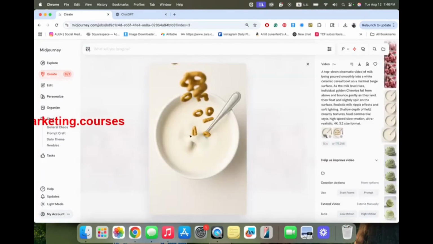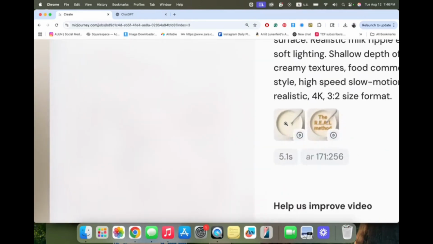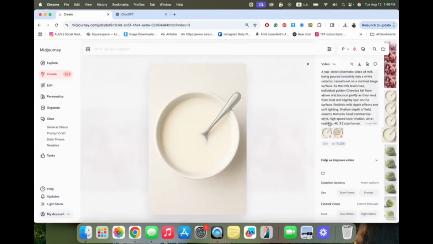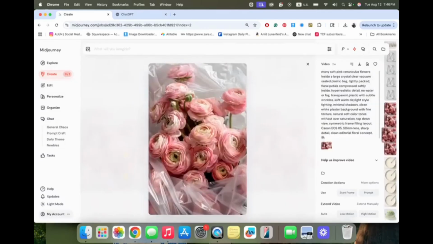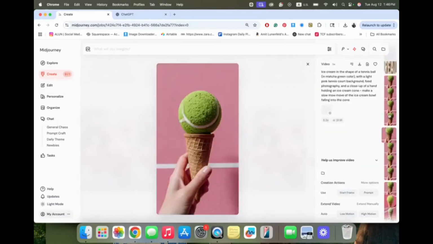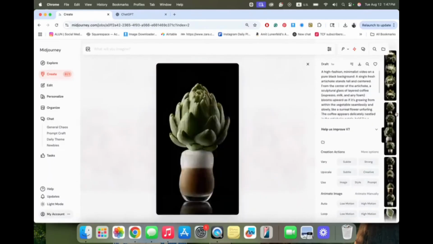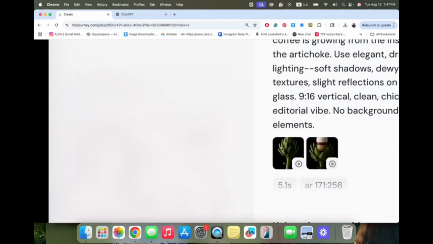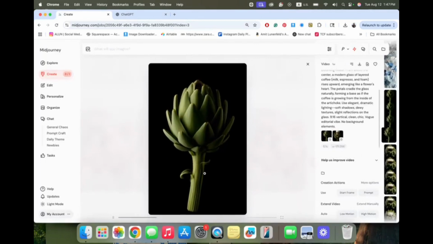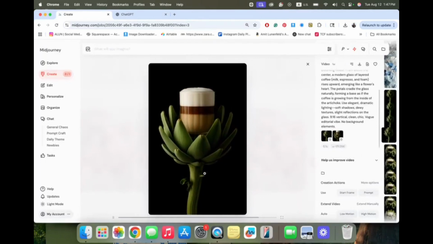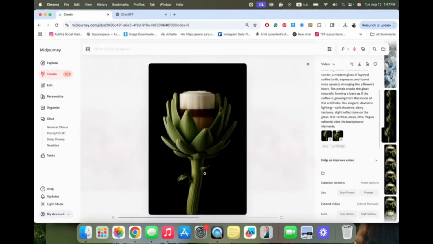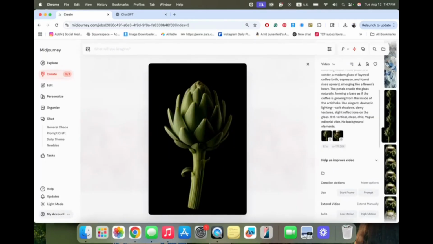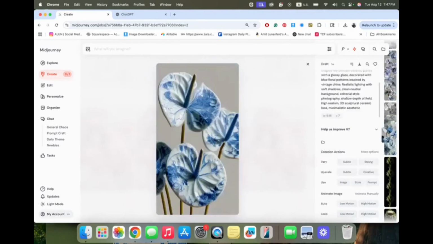And you can see here as well, I started with an empty bowl and ended up with the full bowl. It knows where to start and where to end. Another example, I used it lately. It's this artichoke with the coffee. You guys can see it started with a regular artichoke and ended up with this scene. You can see the coffee is coming out of the artichoke. You can replace the coffee, for example, with any product you want to sell. It could be jewelry, it could be any product, beauty product.